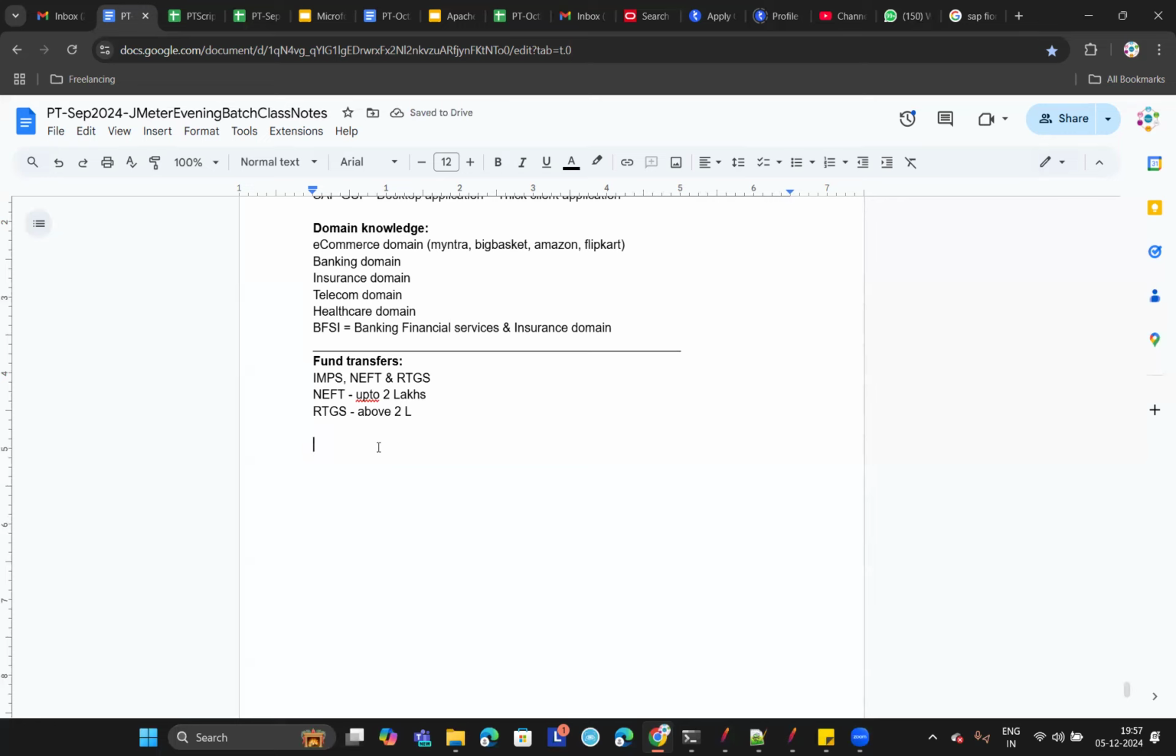If you're keeping a US project, in the US there are different types of fund transfer again. They don't call it IMPS or NEFT or RTGS. These are our terminology, which Indian banks follow. But if it is a US bank, suppose you kept some US bank project in your CV, you should know what terminology they follow. They call it wire transfer. Okay. Wire transfer and